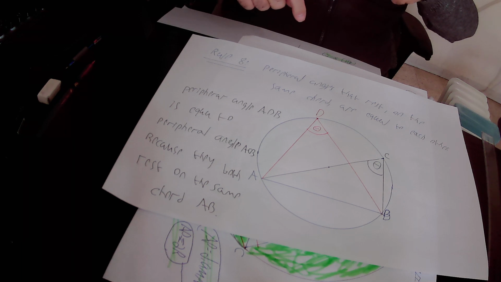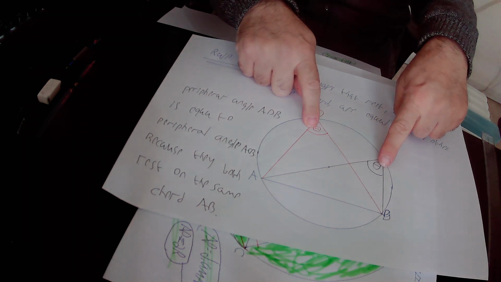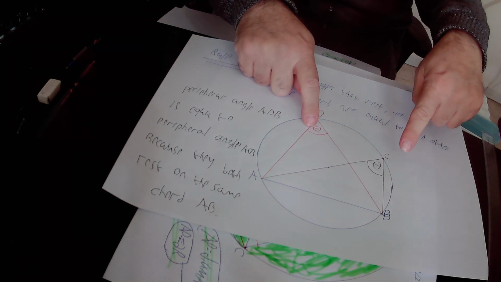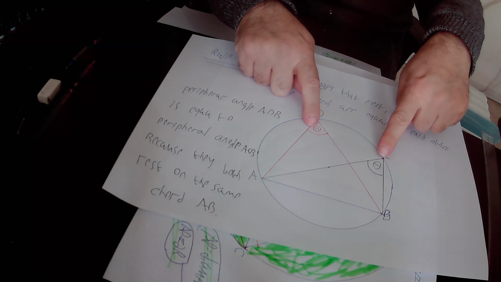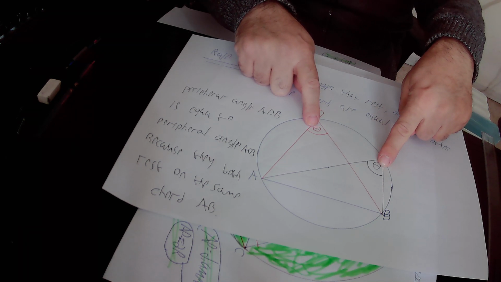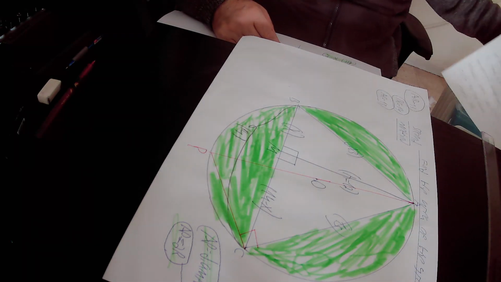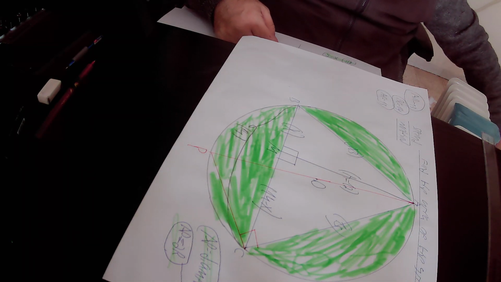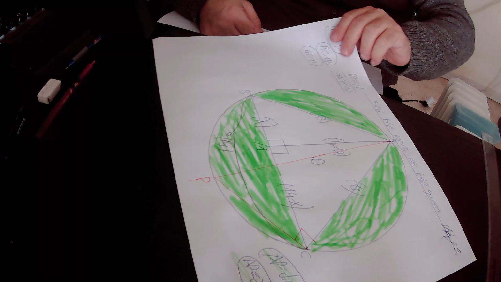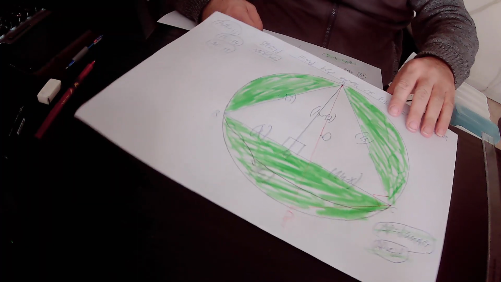In this case, those two peripheral angles rest on the same chord AB, therefore they are equal to each other. Both of those peripheral angles are equal to theta. So we can implement rule number 8 in our drawing. Why? Because in our drawing we have